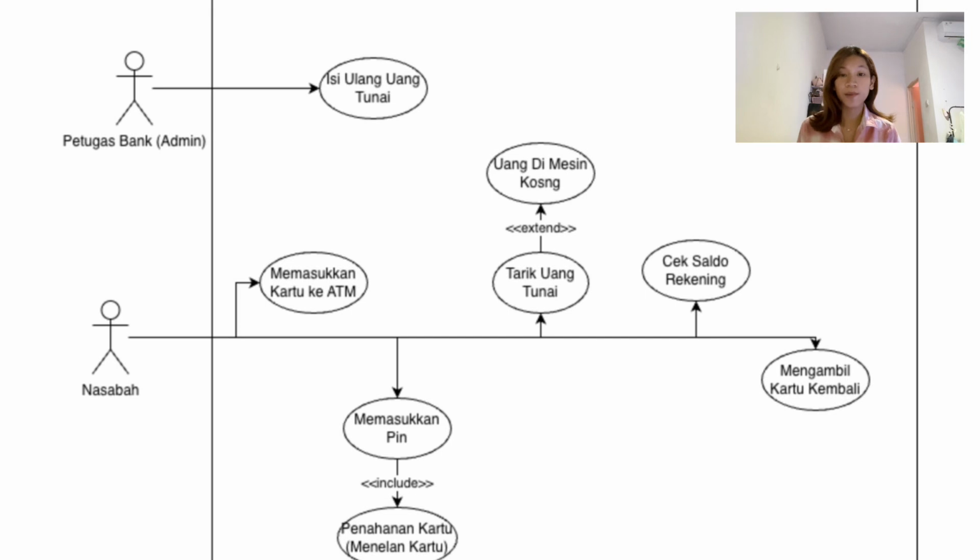1. General description of the system. This use case diagram represents an ATM system that operates 24 hours a day to serve bank customers and the bank office. The ATM allows customers to perform basic transactions such as withdrawal and balance inquiry. For security purposes, the ATM verifies each user using a PIN code. If the PIN is entered incorrectly 3 times in a row, the system will retain or swallow the card automatically.